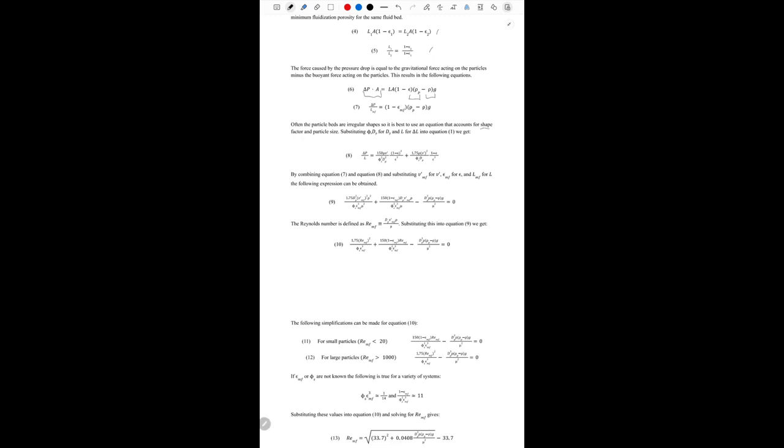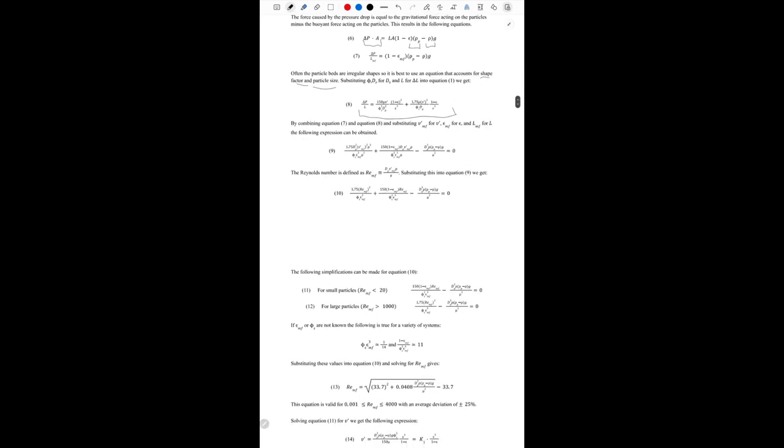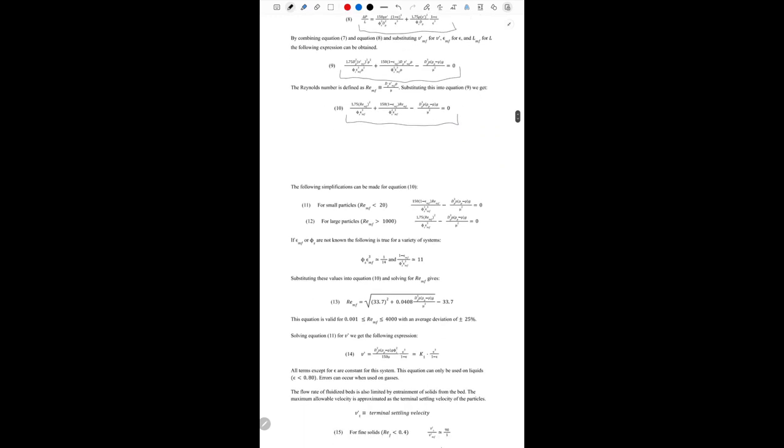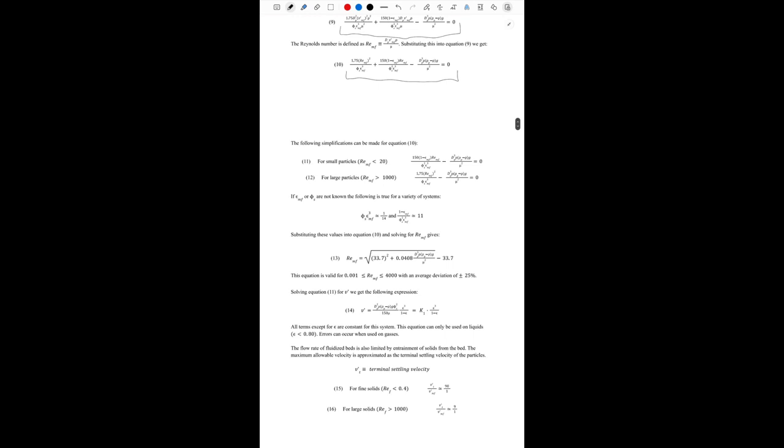Substituting in the shape factor and particle size into equation 1, we get equation 8 here. If you combine equation 7 and 8, you can get this equation in terms of the minimum fluidization velocity. And if you substitute Reynolds number in, you actually get equation 10 here, which allows us to do further simplifications based on the particle size. For small particles, you can cancel out this first term here and get equation 11, and for larger particles, you can cancel out this term in the middle here